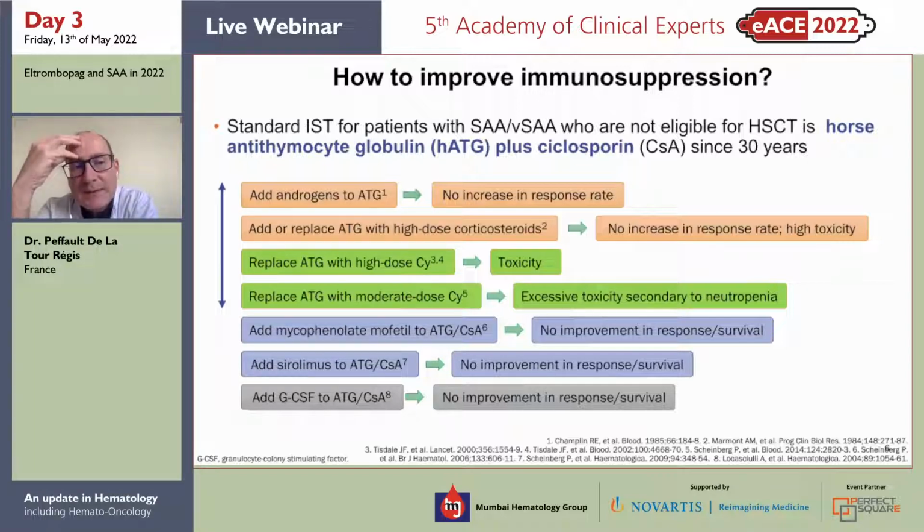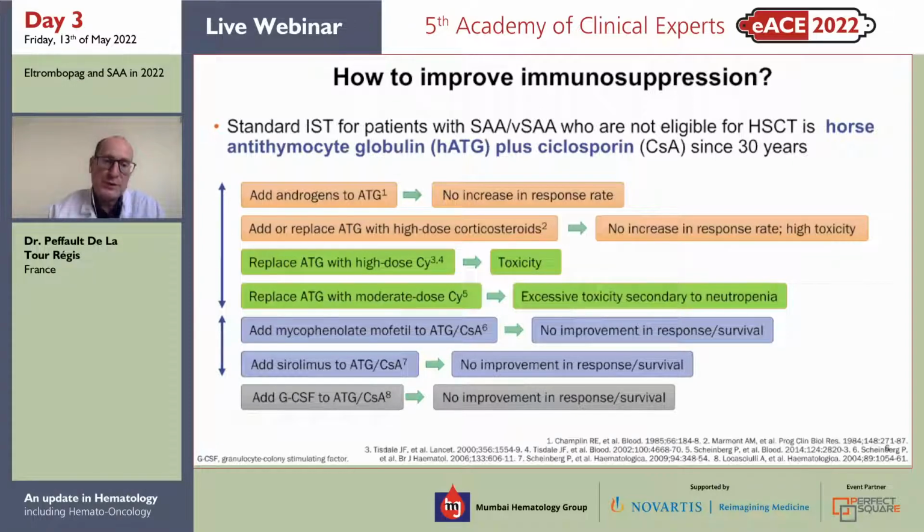There has been a bunch of literature with conflicting results on the use of cyclophosphamide with moderate or high dose. There was a randomized trial from NIH that was stopped because of toxicity. So now I would say that Cytoxan has no place outside transplantation,